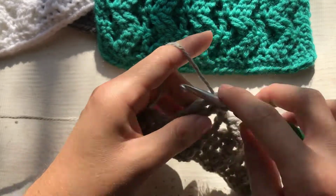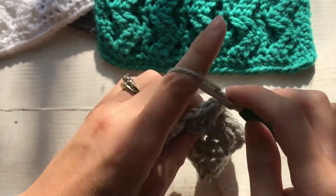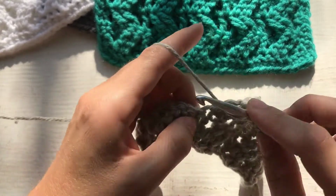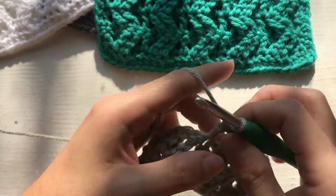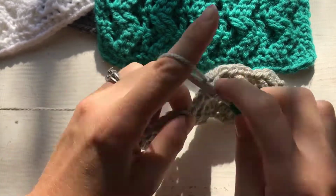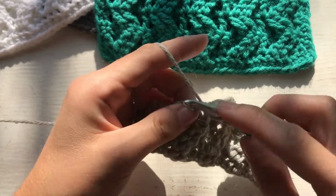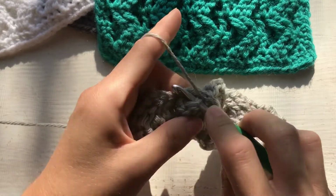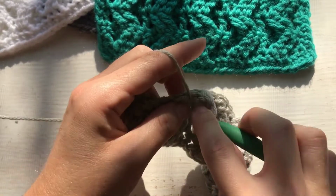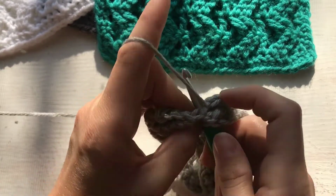And then going in front, treble crochet into the first skipped stitch, treble crochet into the second skipped stitch, and then double crochet in the next stitch, skip 2 stitches, treble crochet into 2 stitches, go back and in front of your work, treble crochet in the first skipped stitch, and then in the second, double crochet in the next stitch,